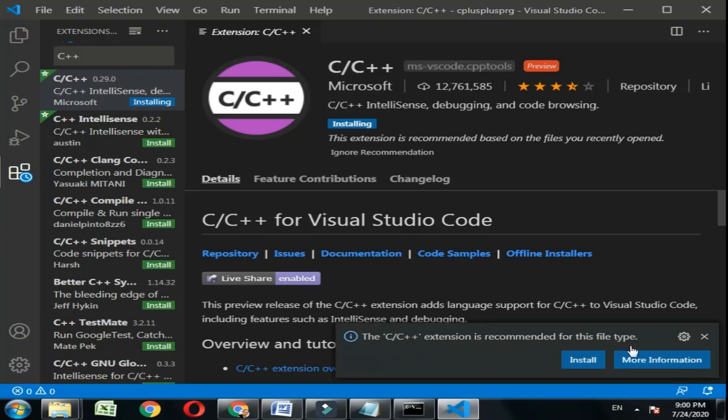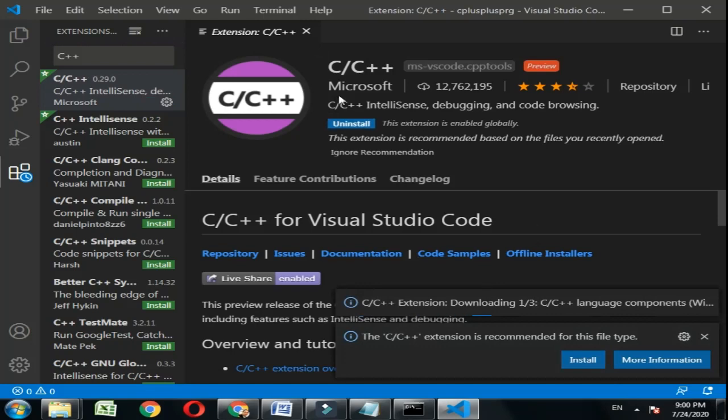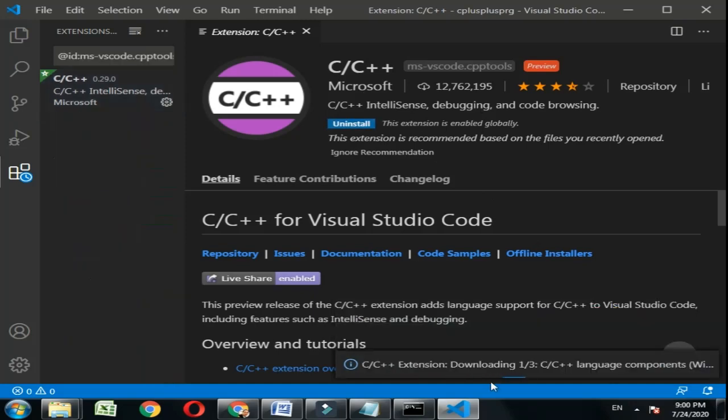So we will also install this, because Visual Studio Code is recommending it. So after installing C++ IntelliSense, we will install the C++ extension. The language component extension we are also installing.